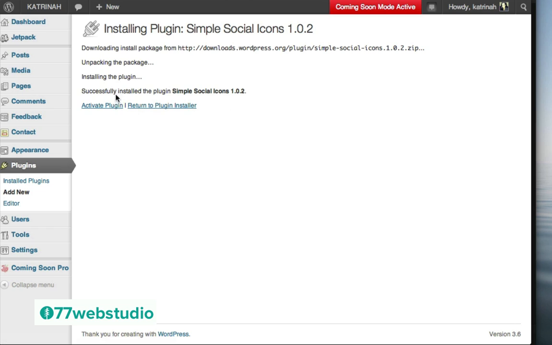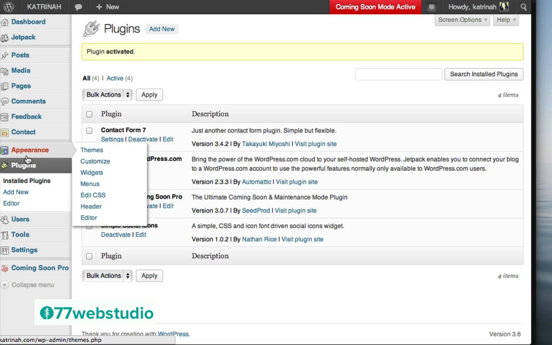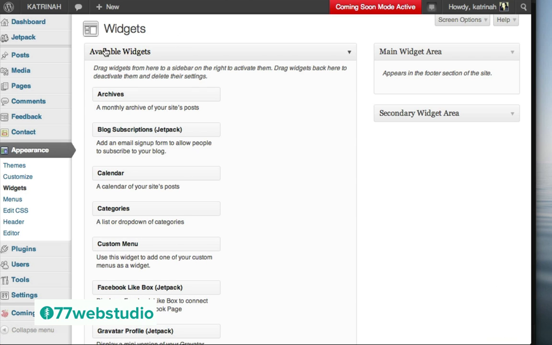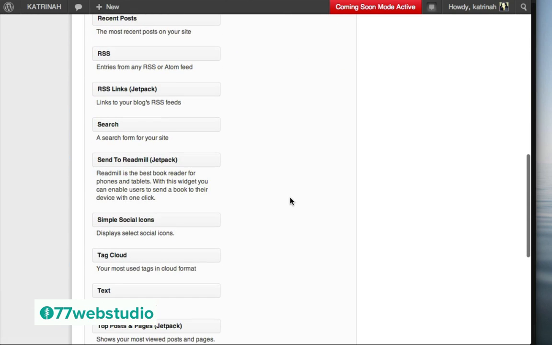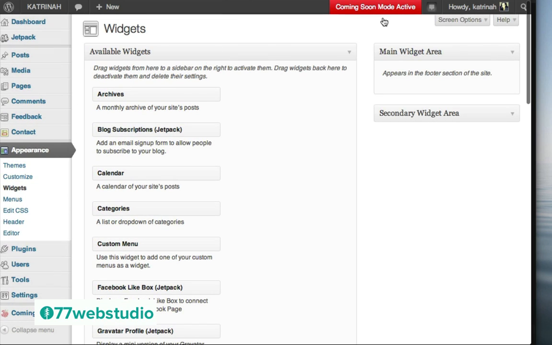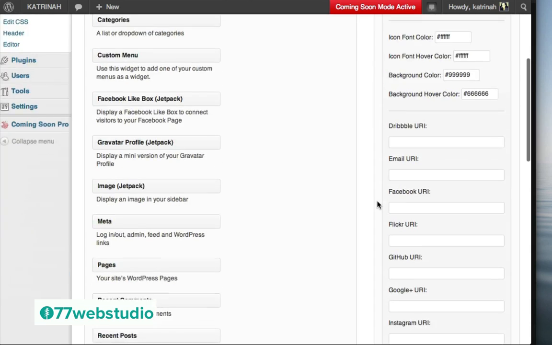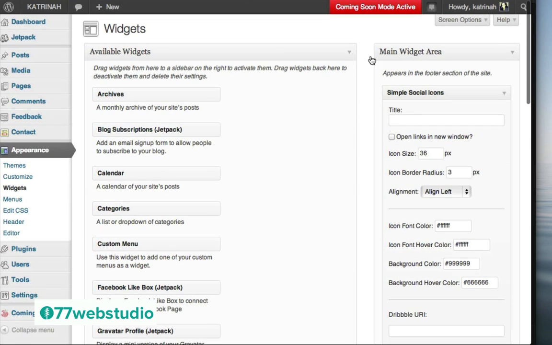Once a plugin has been successfully installed, you want to click on Activate Plugin to activate this plugin. Next, once the plugin has been activated, we want to go back to our Widgets area by hovering over Appearance and clicking on Widgets. And now on our Available Widgets area right here, when you scroll down, you should see the Simple Social Icons right here. So as we did previously, I'm going to drag this up to my widget area, and I want to display this both in the main widget area in the footer section as well as in the sidebar. So the first thing I want to do is I want to configure this.